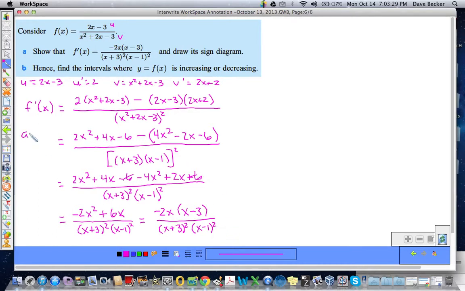Part A, done. Now, part B, let's take a look. Hence, find the intervals where y equals f of x is increasing or decreasing. So we have a new little wrinkle. We need a sign diagram, but what we need to know is that if we have a rational function, we can have changes in increase or decrease not only at points where the derivative is equal to 0, but also